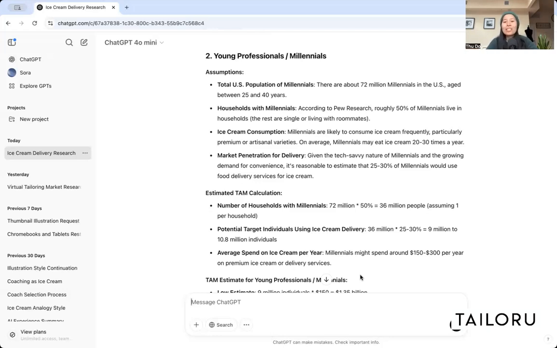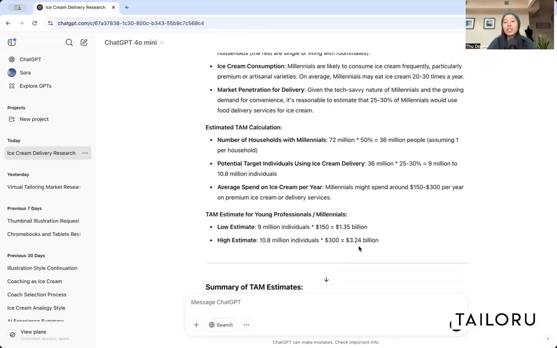The next step I would recommend is, let's say we focus on young professionals and millennials because of their higher estimated total addressable market, then we should have three exercises coming out of this. The first one has to do with a deeper market analysis, specifically for ice cream delivery targeting young professionals and millennials. The second one has to do with the competitors in the space. Who else is doing this? And the third one has to do with